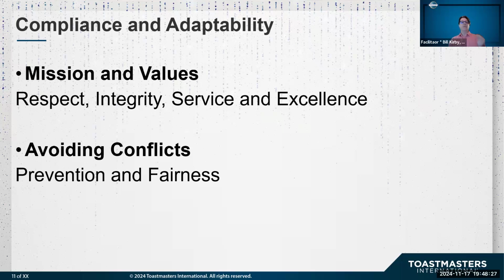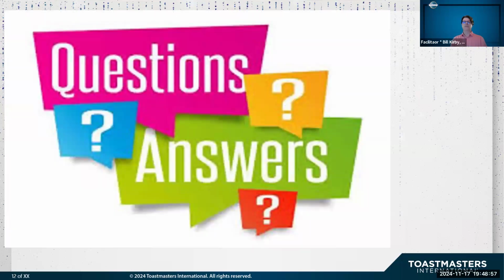Okay, so overall compliance with the provided structures, and the adaptive behavior that Toastmasters clubs can engage in, will help us thrive and remain a globally recognized education and leadership organization. Now, I've kind of talked about both avoiding conflicts and the mission and values. And there we go. We're at the question